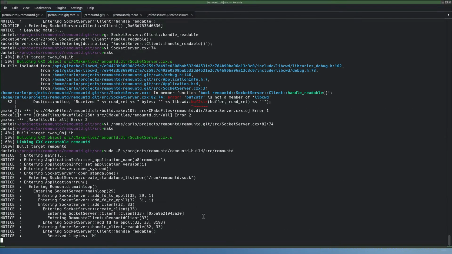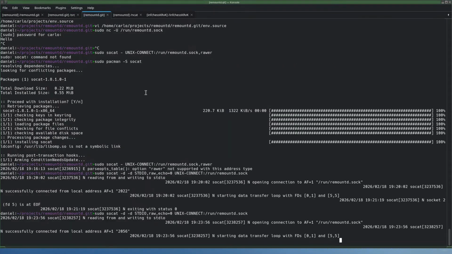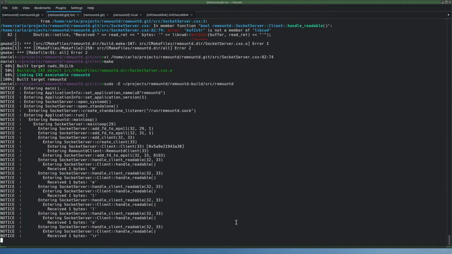Received 1 bytes. H. So far so good. ELLO. Enter. Oh, we get an enter, which is a \r, a carriage return, not a new line. What the hell?